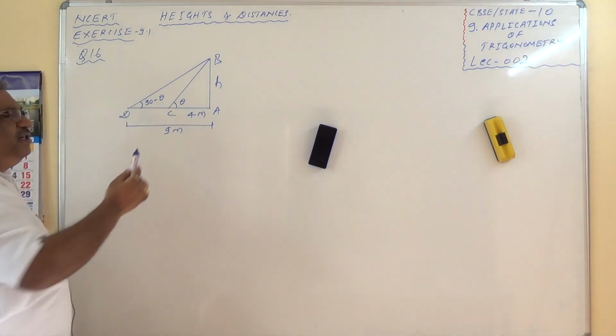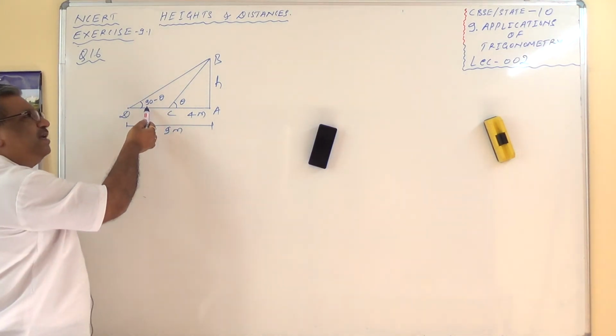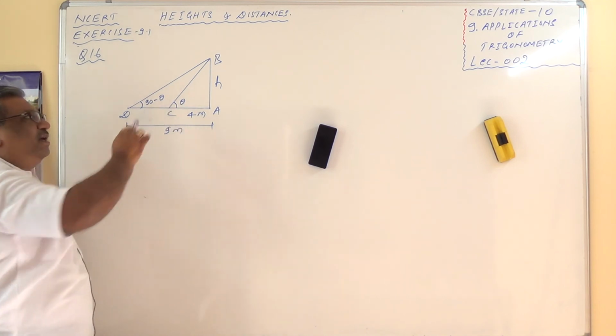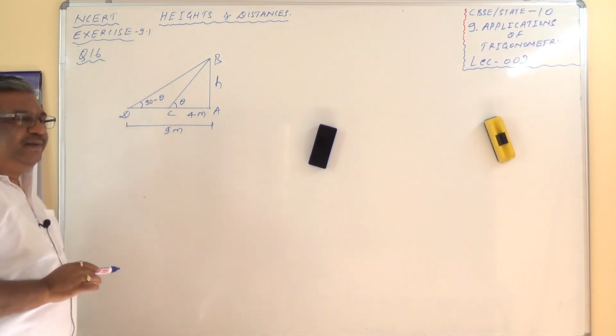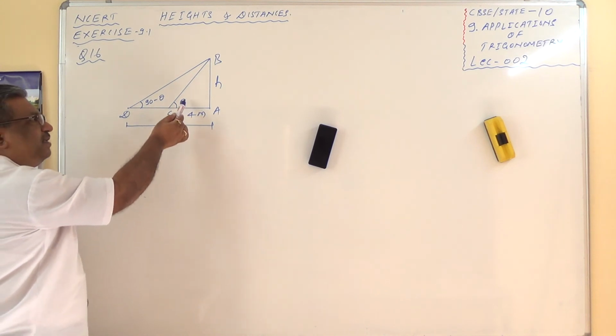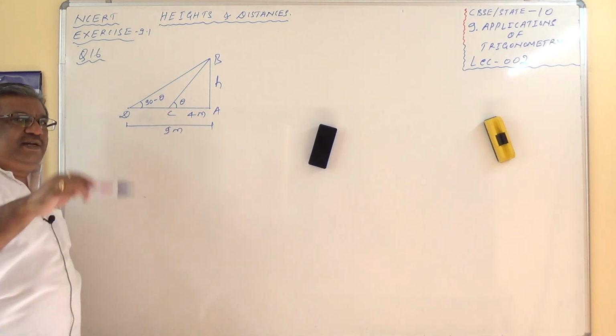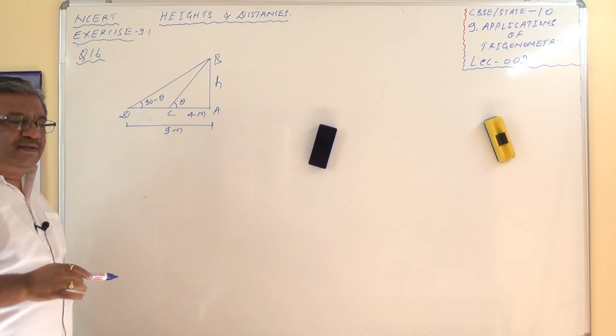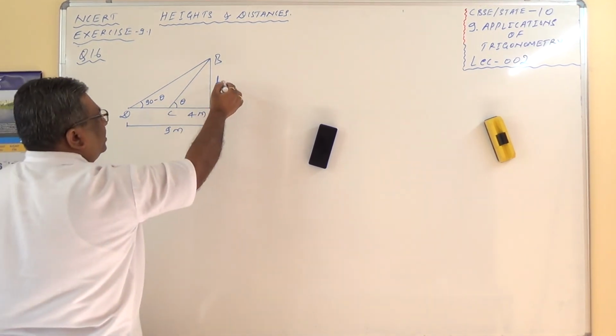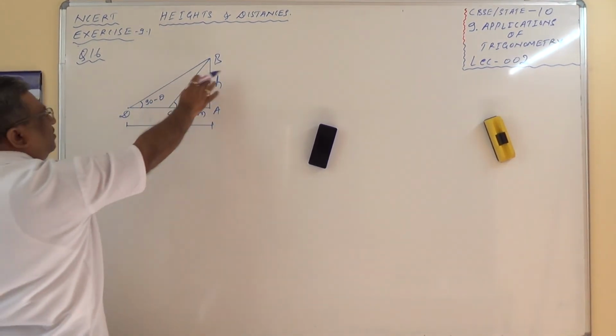But this you can change also. If you assume this one as theta and this as 90 minus theta, it will not make any difference. You work it out the other way around. You consider this as theta and this as 90 minus theta and check out yourself whether you are going to get the same answer or not. So I need to prove here h is equal to 6. So let's see whether I get h equals 6 or not here.